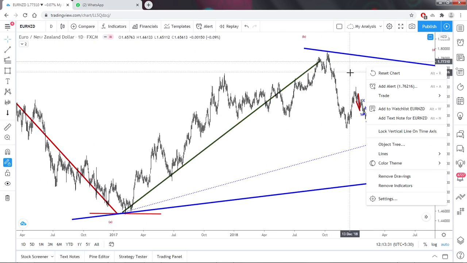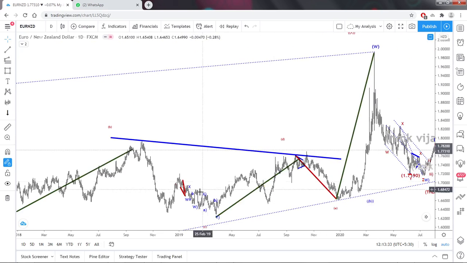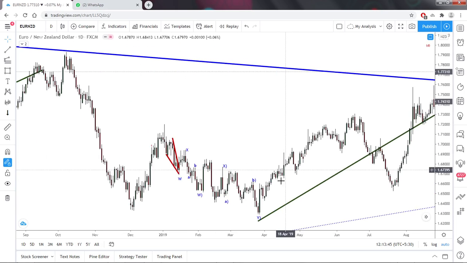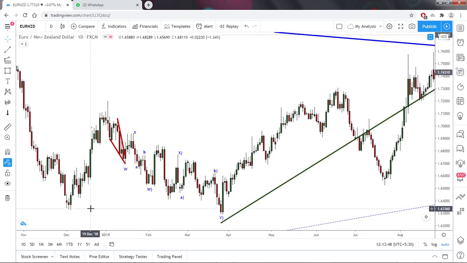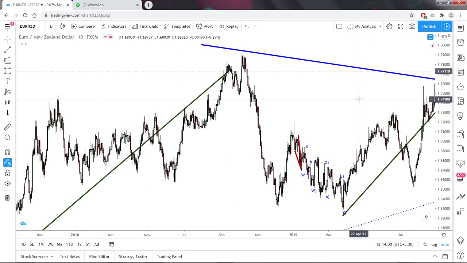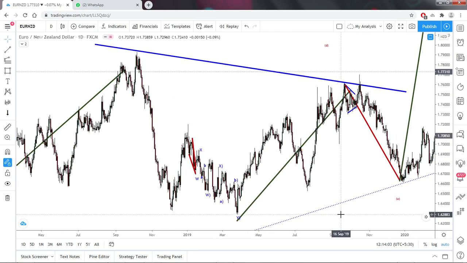Previously, I was looking from here itself at the 5-wave structure, and it broke the low here. In this zone it already broke, and again it came to our zone. So now A, B, and C got completed. So we are looking only for the downside, and again it took a massive diagonal formation.